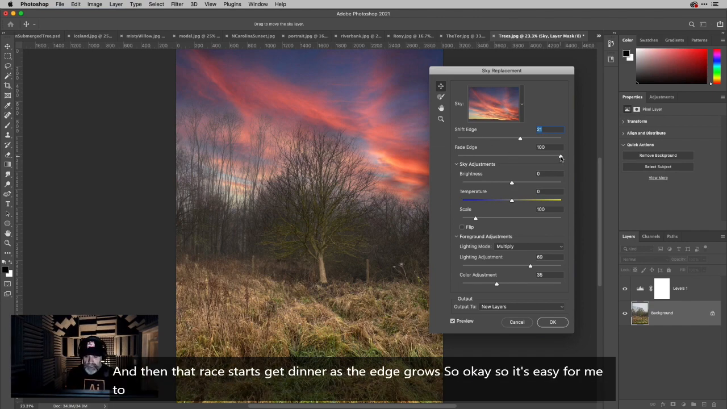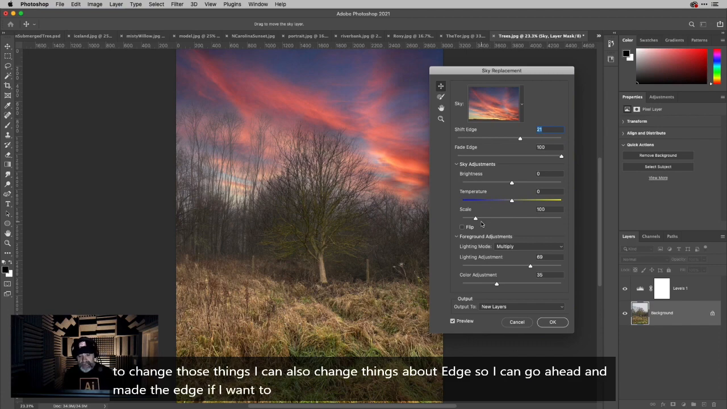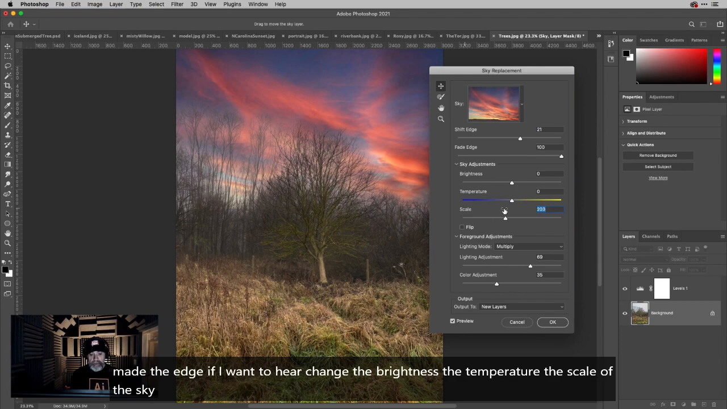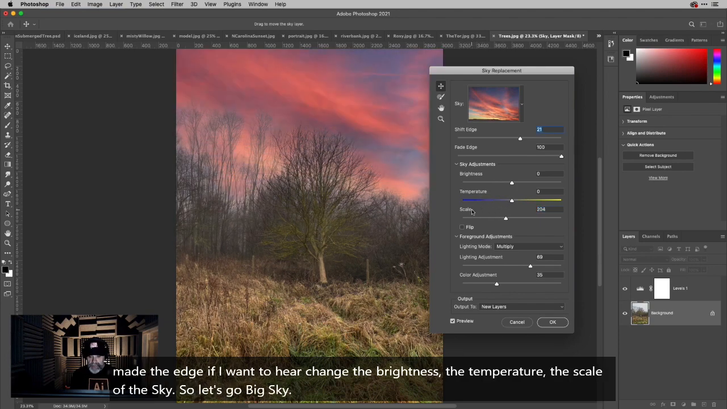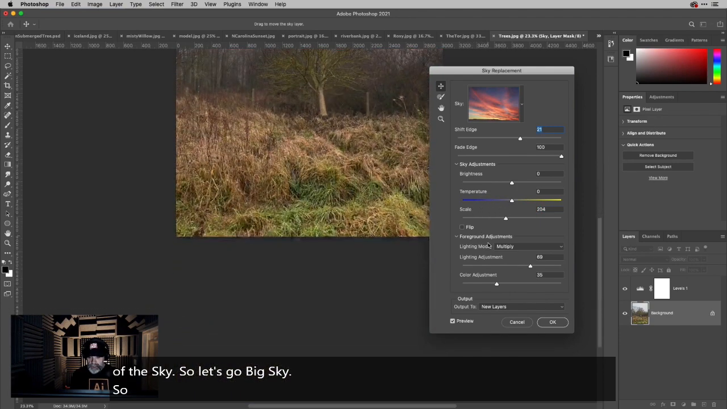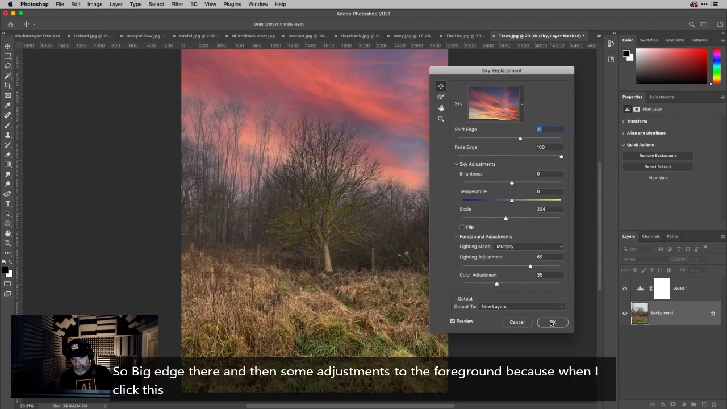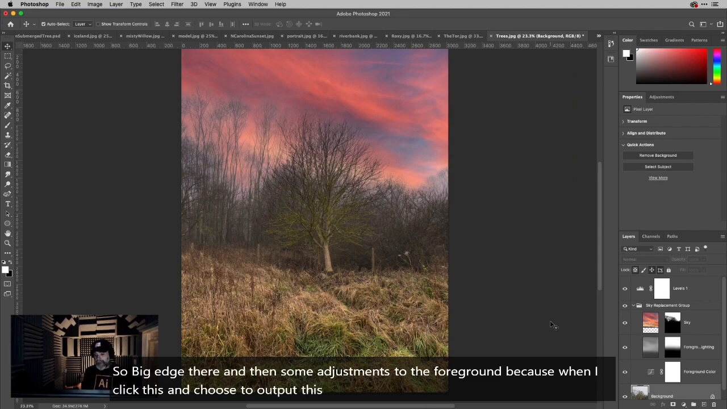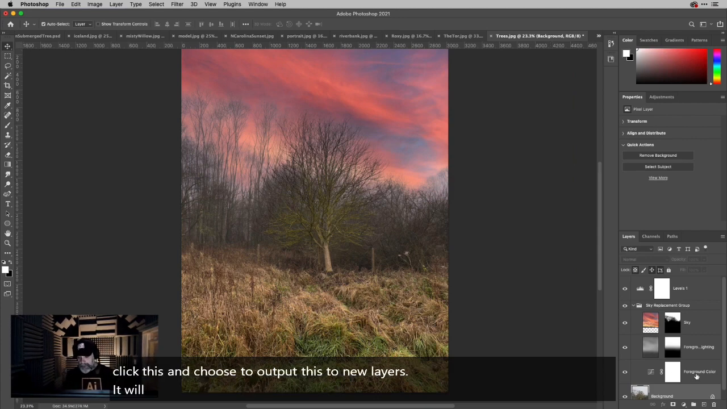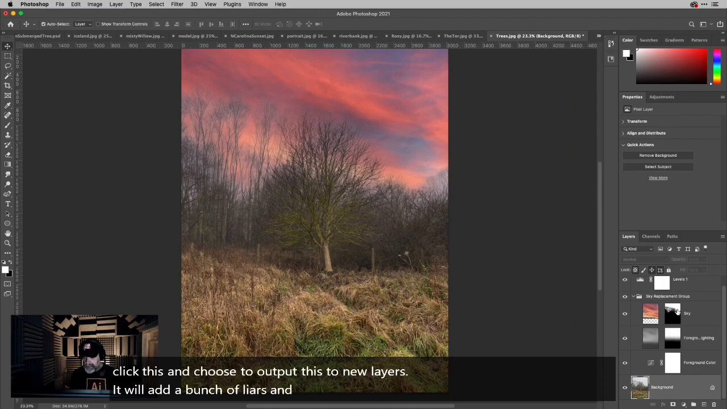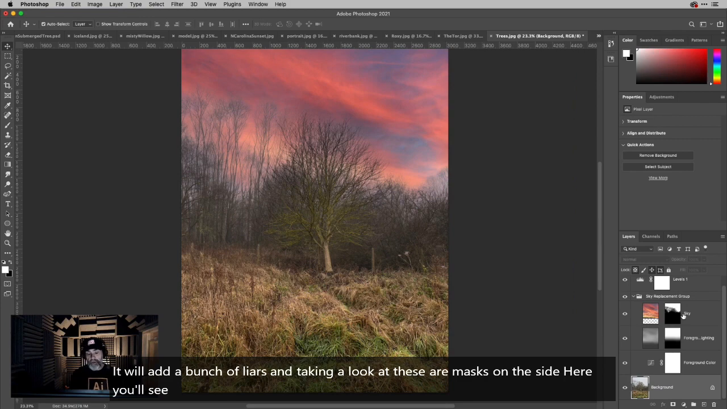I can also change things about the edge, so I can go ahead and fade the edge if I want to here, change the brightness, the temperature, the scale of the sky. So let's go big sky, like so, or big edge there. Okay, and then some adjustments to the foreground, because when I click this and choose to output this to new layers, it will add a bunch of layers. And taking a look at these are masks on the side here. You'll see there is the sky, and it's masked off by the